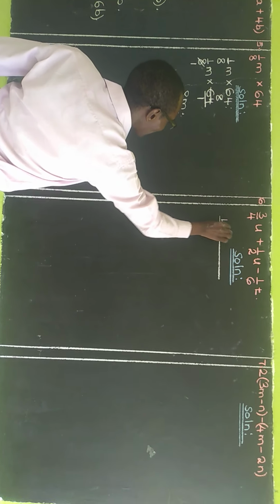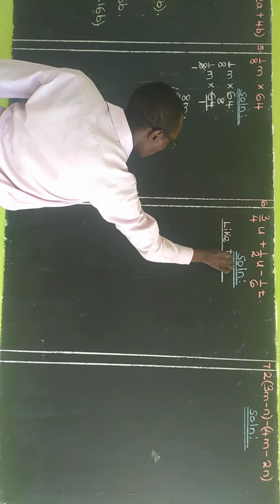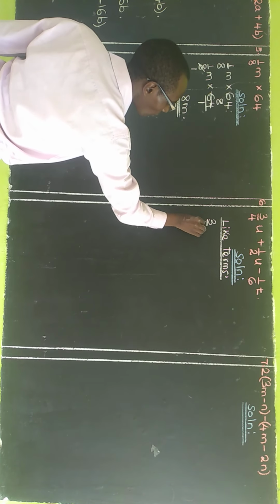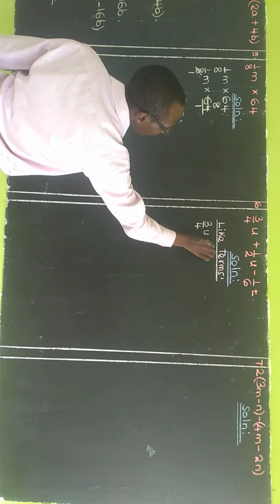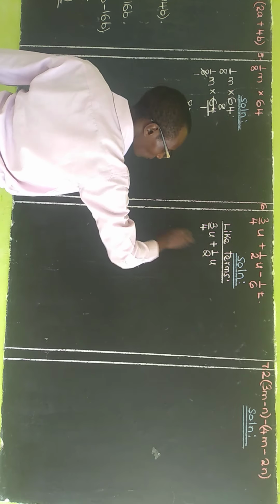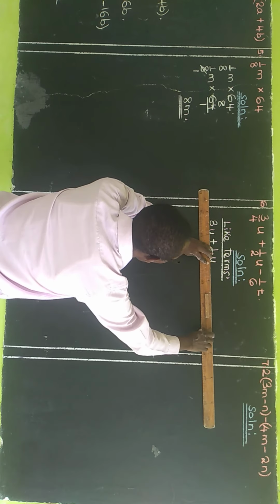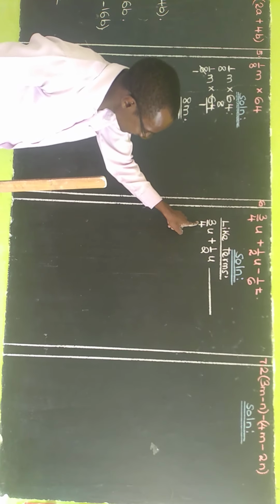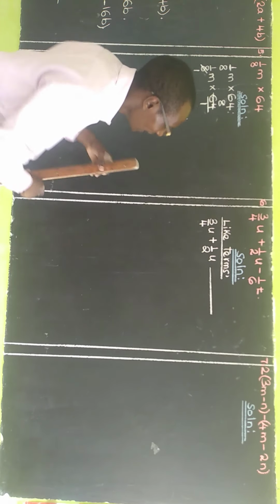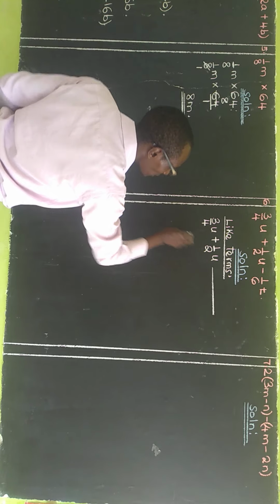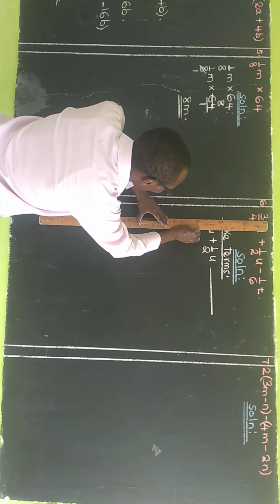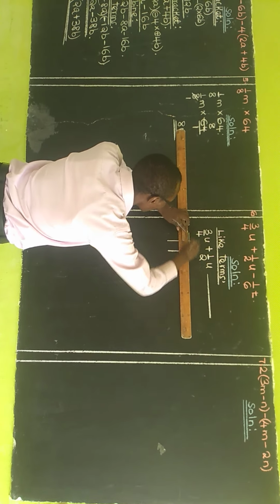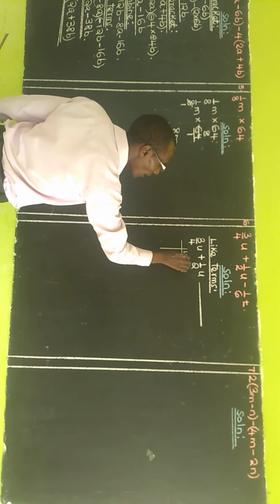So we will start by dealing with like terms, whereby we have 3/4 u plus a half u. So this is like we are adding what? We are adding fractions. So you will have to find the LCM of 4 and 2. LCM of 4 and 2 gives you what? Let me find the LCM of 4 and 2.